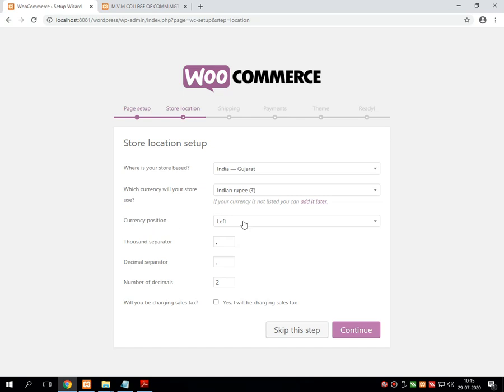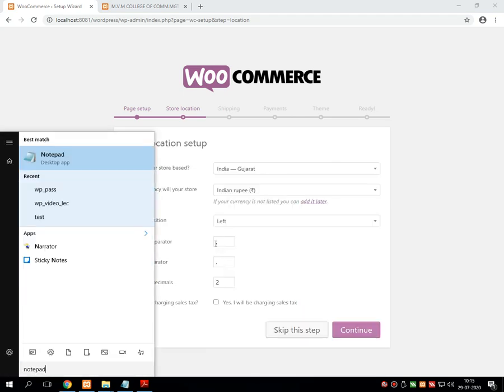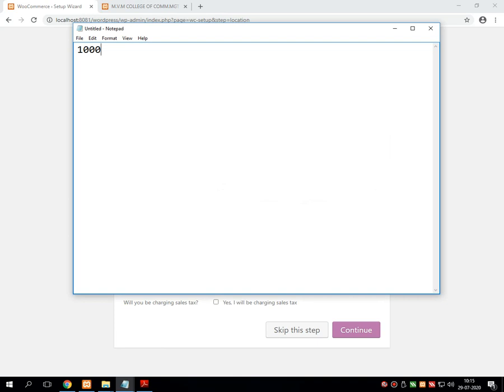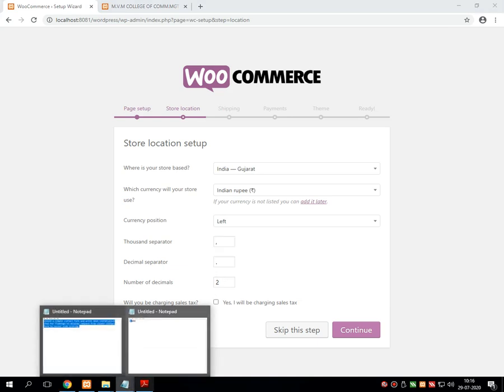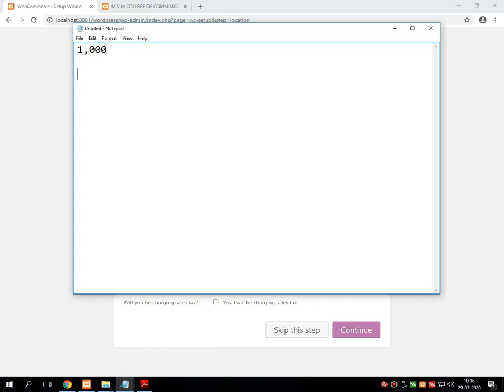Then currency position, keep this as the default, that is left. Thousand separator is comma, that means suppose an amount is in thousands. For example, generally we write 1000 in this way, but this is more proper, so this comma will be used over here. Decimal separator is dot, that means if some amount is in this format, then the decimal will be separated by a dot.